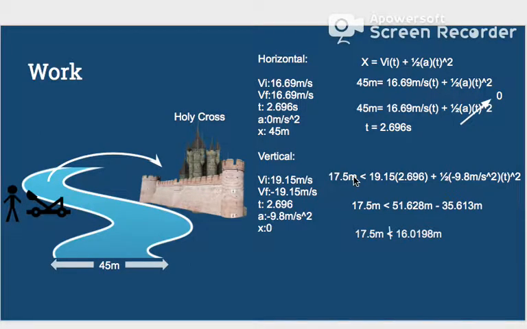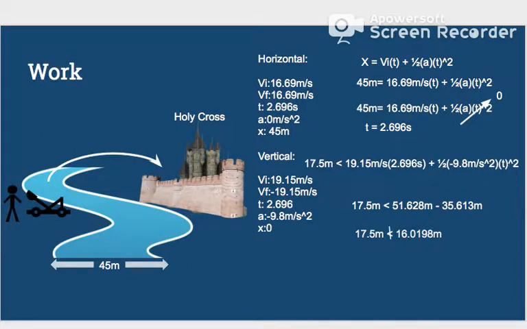Using the displacement formula, but modifying it a little bit, we can say that 17.5 has to be less than the whole displacement of the vertical component. So we have our initial velocity at 19.15 meters per second times our time at 2.696 seconds plus 1/2 the